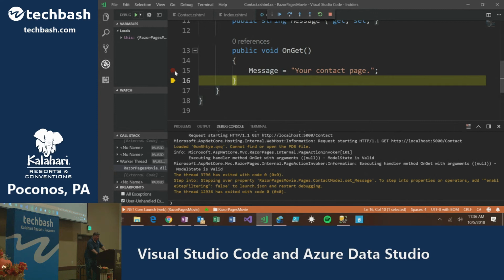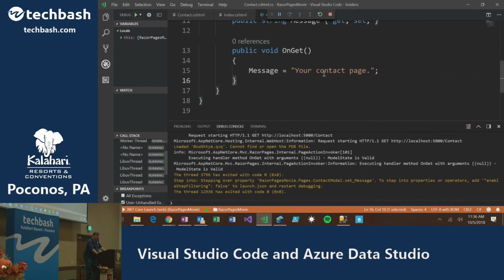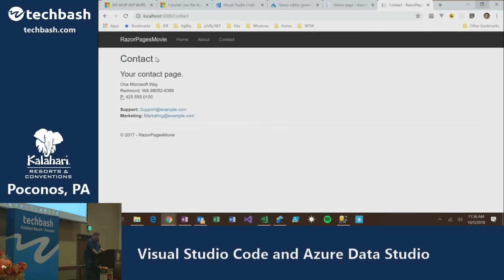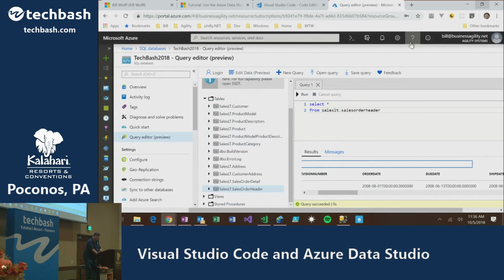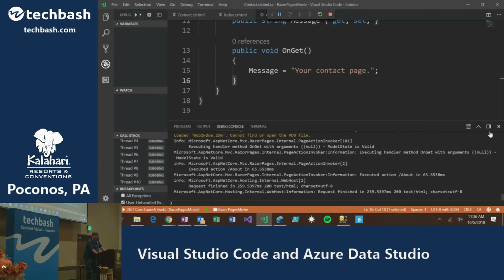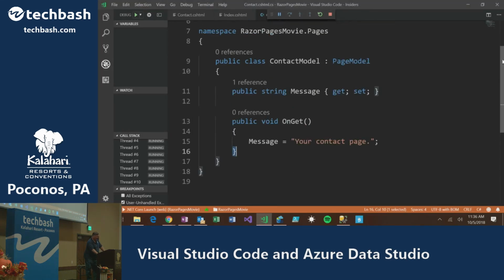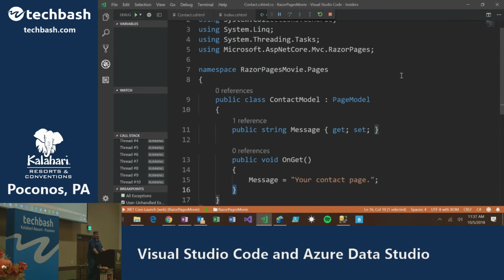I'm going to get rid of that breakpoint, and then I'm going to say continue, and when I continue, it goes back to the website and everything's fine. So you can use this for debugging, which is pretty handy. There are debuggers for C#, and there's debuggers for JavaScript, TypeScript, all of those other popular web developer frameworks now.